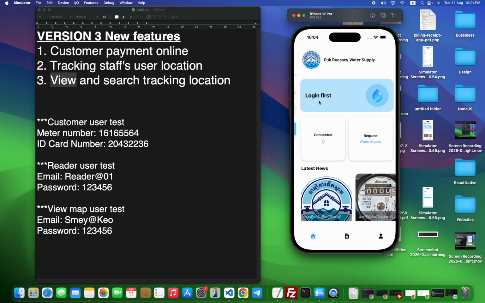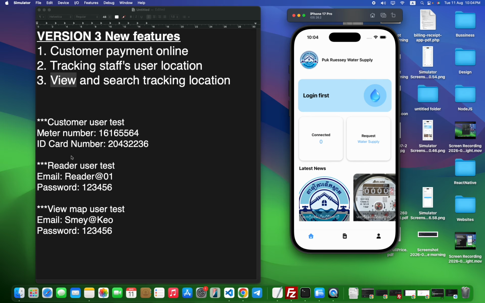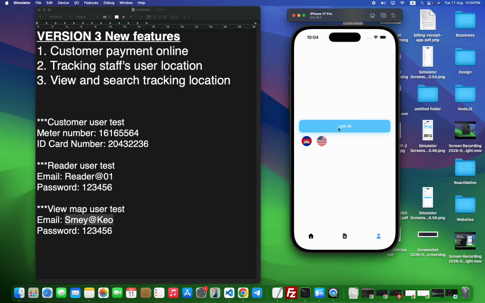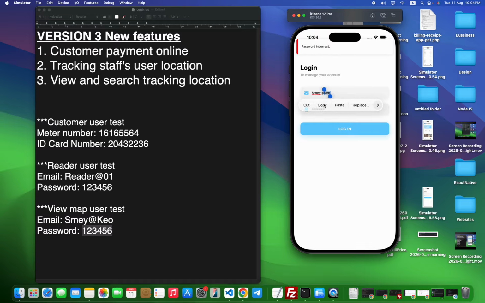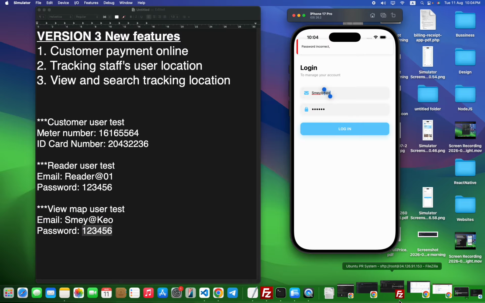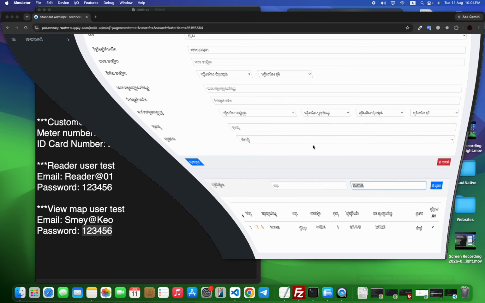After we track the user on the reader, just the staff reader, we can view the map. I use the admin sample user one. Let me reset the password.